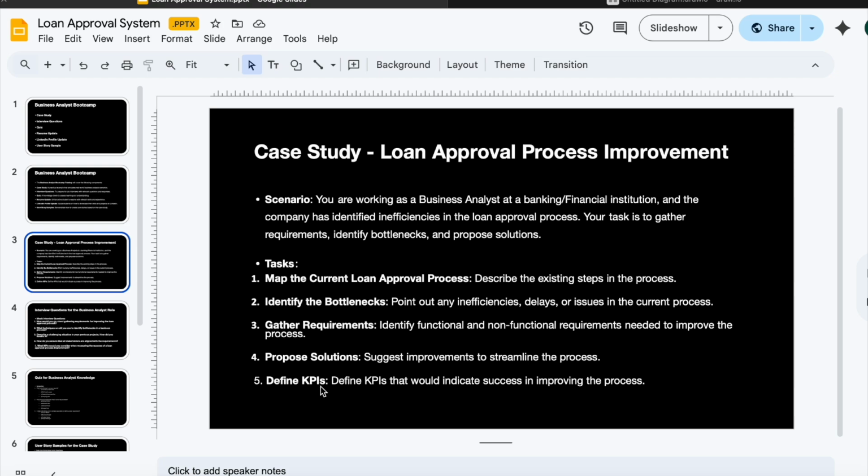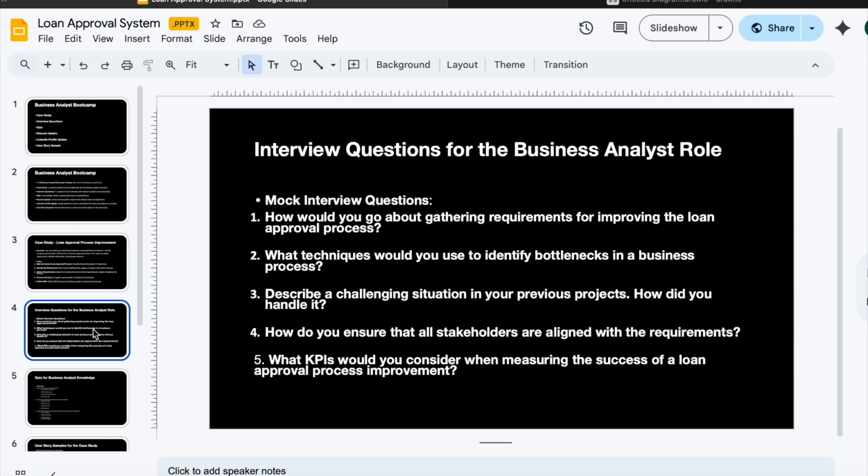Okay, so this is how you can complete it. If you can answer all these questions, you are absolutely good. So now let's go to the next step. Based on this case study, a few mock interview questions. The first question is, how would you go about gathering requirements for improving the loan approval process? So the expected answer is